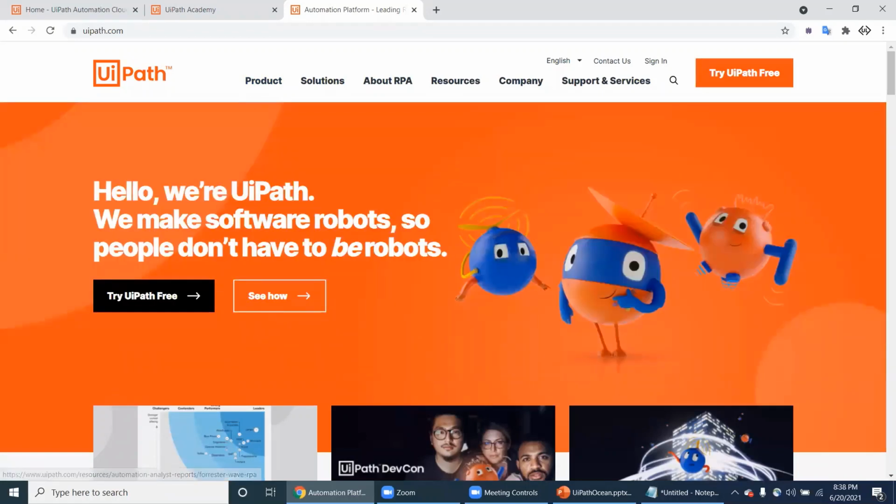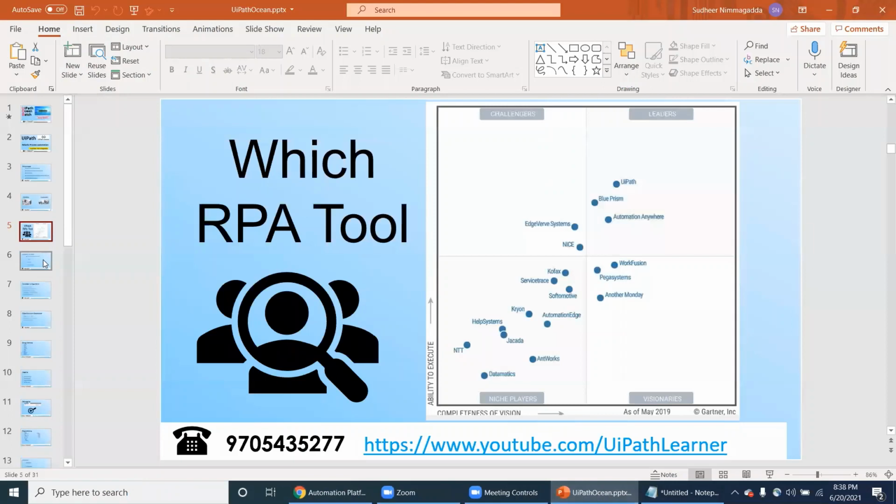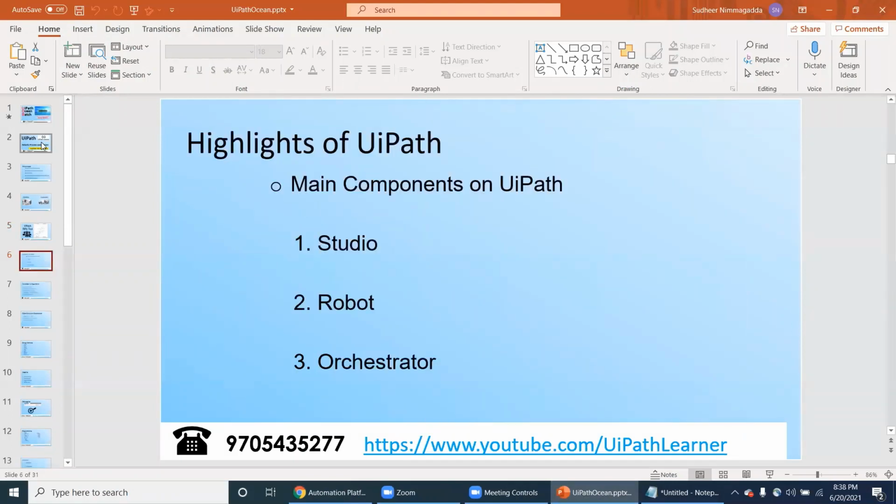Now let's go to our slides. That's why we chose UiPath. UiPath has three main components: one is Studio, one is Robot, and one is Orchestrator. Studio is where you are building the robots. Building the robots in the sense that, once you install